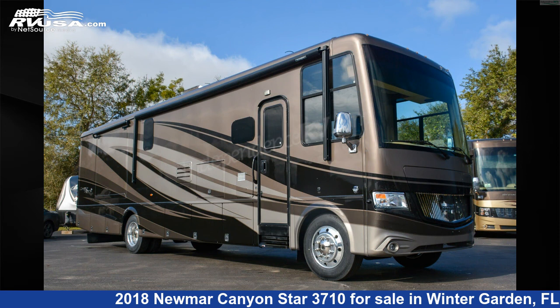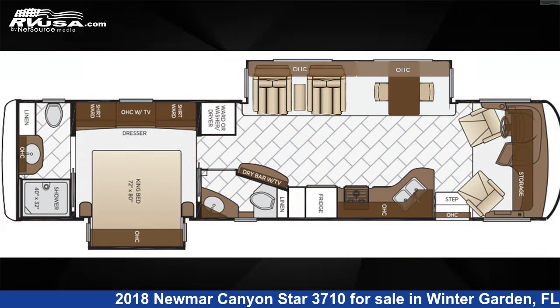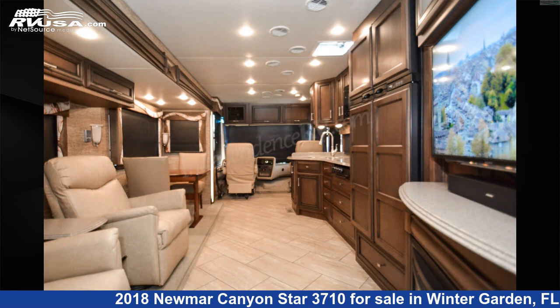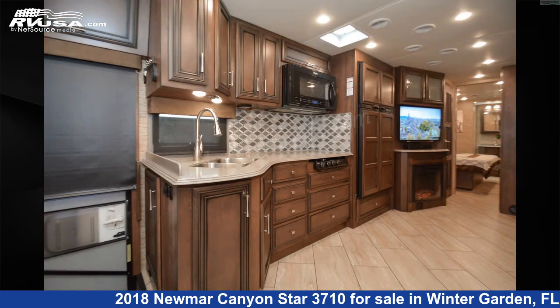This 2018 Newmar Canyon Star 3710 is a Class A RV. It is located in Winter Garden, Florida 34787 and is offered for sale by Independence RV Sales. This used Newmar is 37 feet 11 inches in length and features two slideouts, a Dellwood Decor, Calypso Bermuda Maple